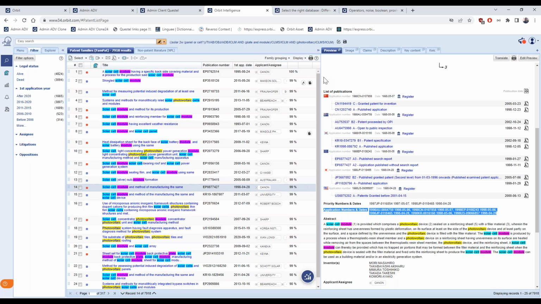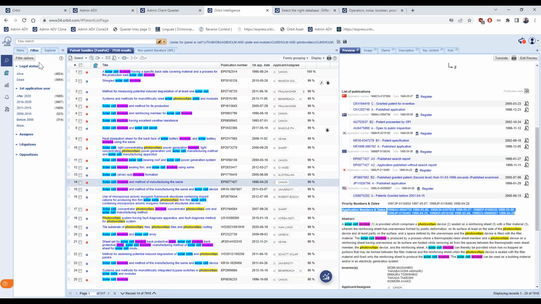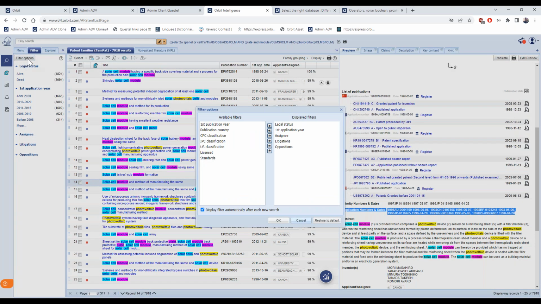A third customization available from a hit list or result list are the filters on the left. So this is the standard view where you have legal status filters, first application year, assignee, litigation, and oppositions. But you have more filters available by clicking on the options button.